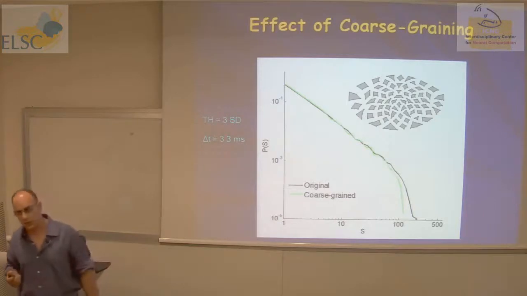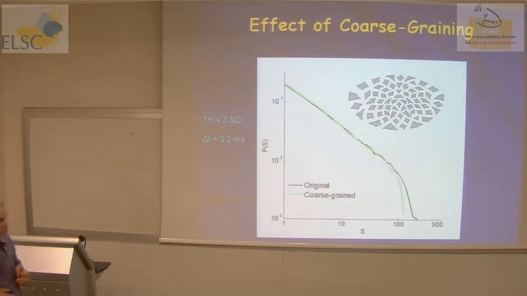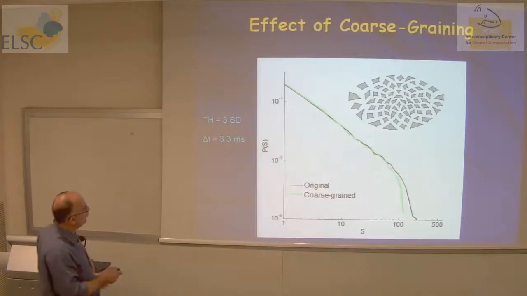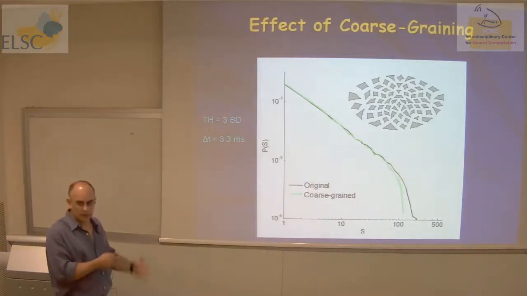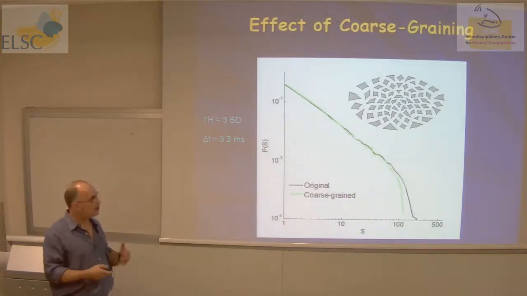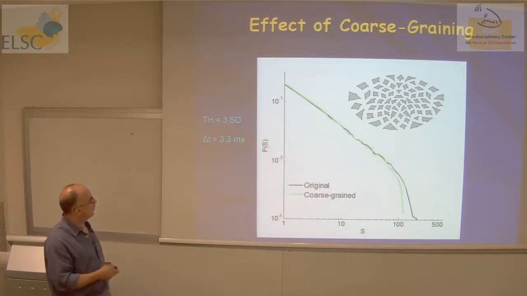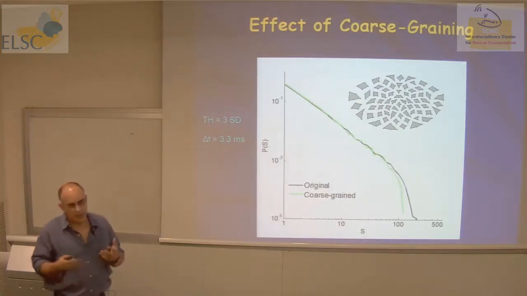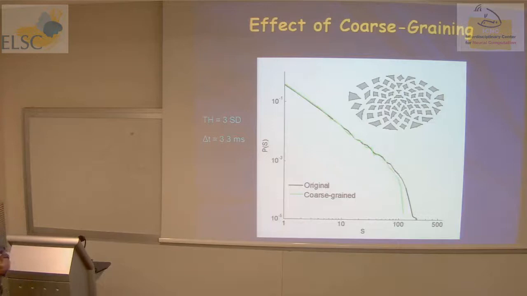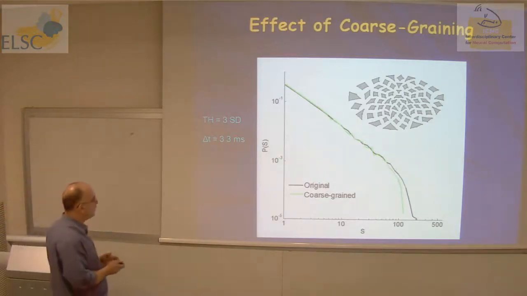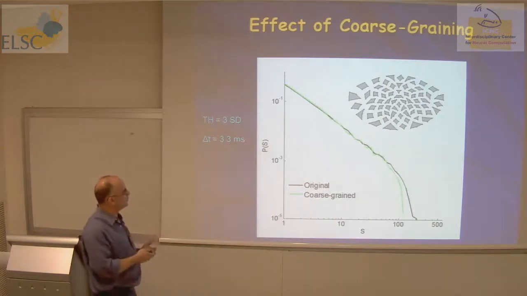Another analysis that we did is to use some coarse grain sensors. The idea is that I group 4 sensors together, and then if one of these sensors was active at a given time, I say that the whole new sensor was active. So I get these kind of coarse grain sensors, and the analysis was inspired by the ideas of renormalization group theory in physics. The basic idea is that critical systems are supposed to be self-similar. If you zoom in or zoom out, they should look the same. And we get, again, the power law with an earlier cutoff because we have fewer sensors.